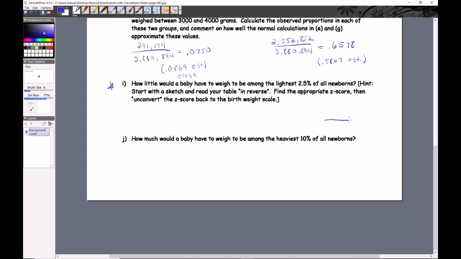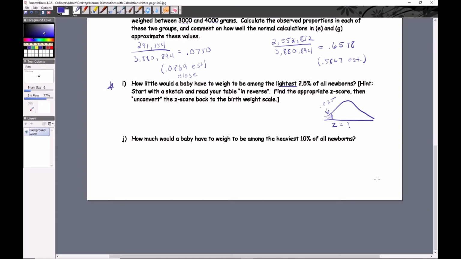Okay. Since we're going in the opposite direction of what we did in the previous parts, this is back standardizing. So let's put together a curve. And sorry about that, it's not super great. But if it's the lightest 2.5%, that puts that 2.5% down here, right? And we'll just go to 0.025. What we need is that z-score right on the boundary between the area that includes those newborns and the other side. All right, so we need to go from P to Z, and we're going to do that using